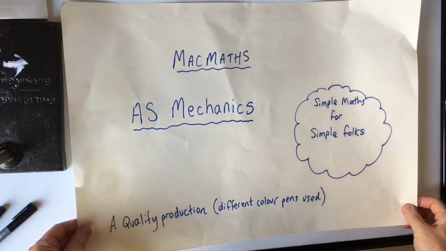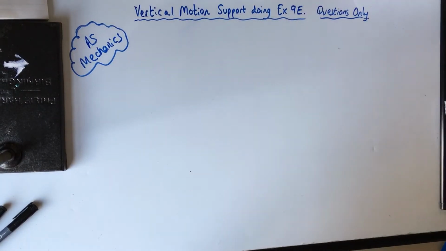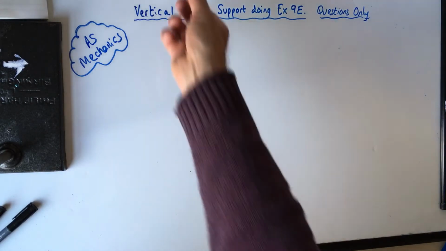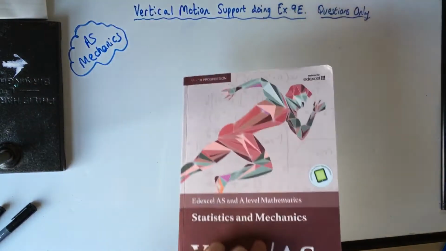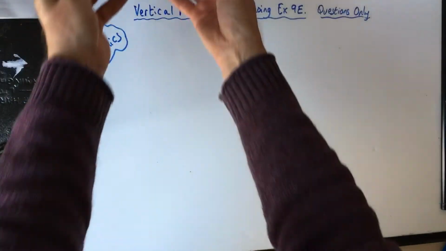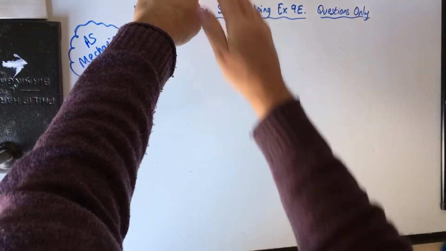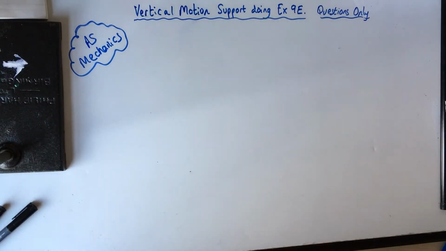AS Mechanics. Okay, guys, only watch this if you are doing exercise 9E from the Pearson book. So if you're doing that, watch this. My class, I've done a lesson on vertical motion, and all I'm going to do is go through